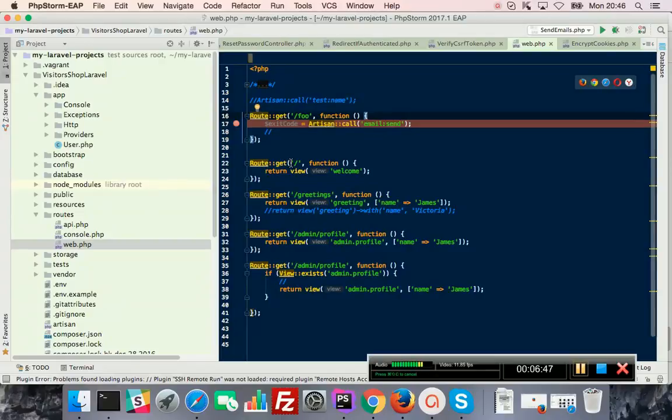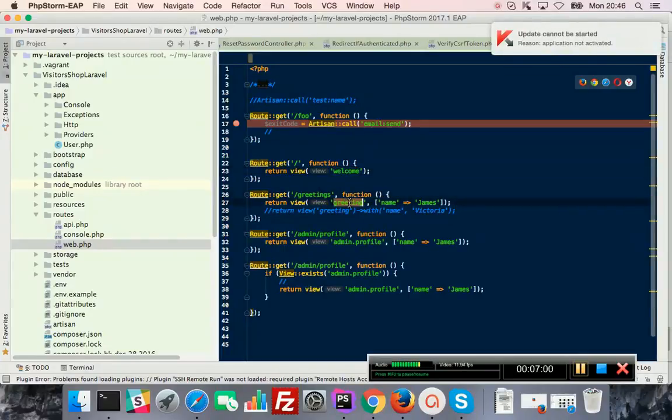So you can see return view. You're just sending the view name, and the corresponding file name can be welcome.blade.php. Return view greetings, the corresponding file name can be greetings.blade.php, and they will be under